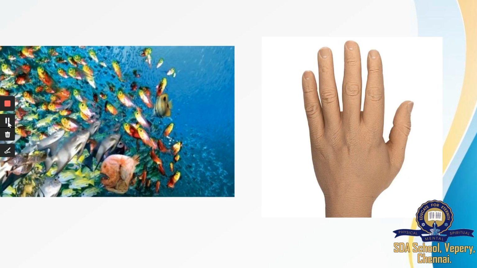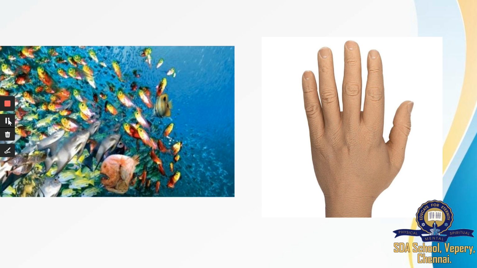So, what do you see in the first picture? Is it possible for you all to know the exact number of fishes that live in the ocean? Absolutely no, right? What about the second picture? Is it possible for us to count the number of fingers? We can, right? So now let us name the first picture as set A and the second picture as set B. What difference have you observed in these two sets? The only difference is the number of elements or members they contain, right?